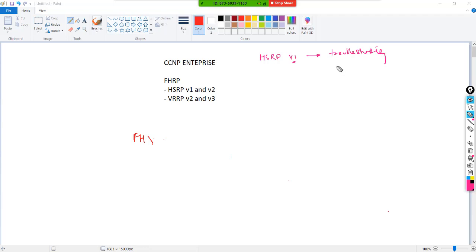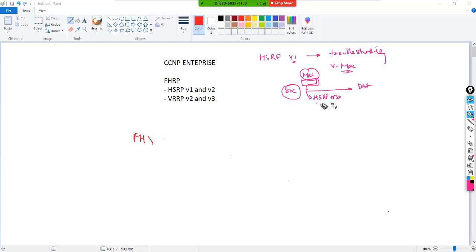The reason is they are going to carry the virtual MAC address. Whenever your packet is traveling from source to destination, the packet will contain a MAC address, and this MAC address will be of a source, or it will be of a HSRP MAC address.